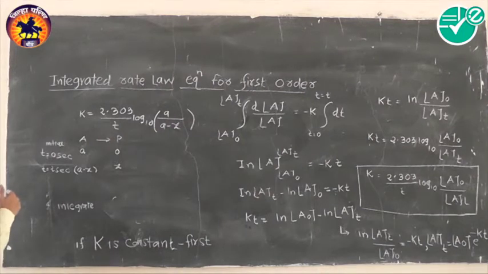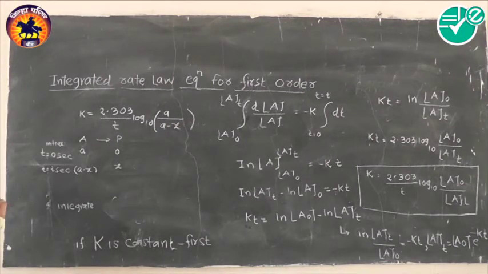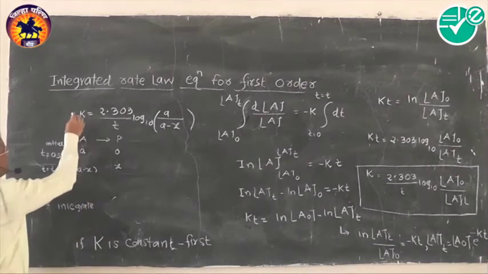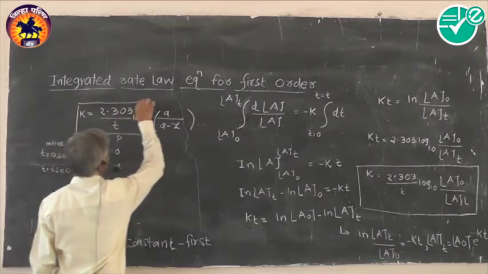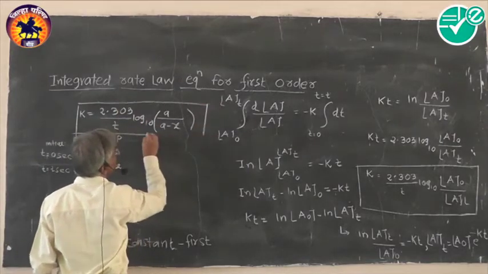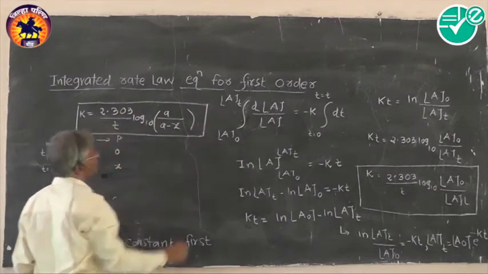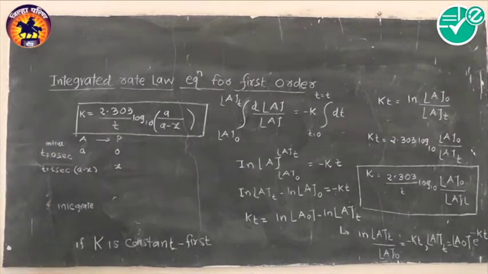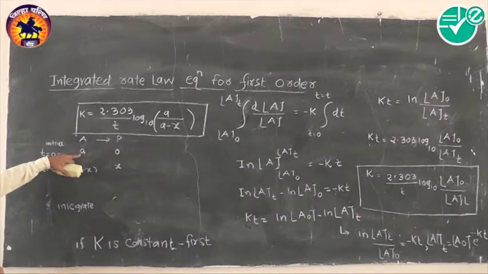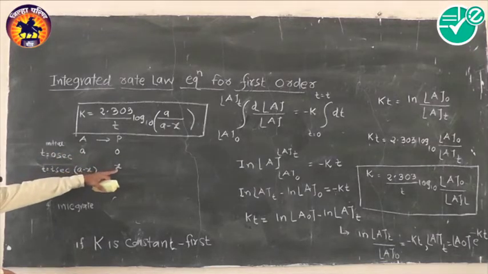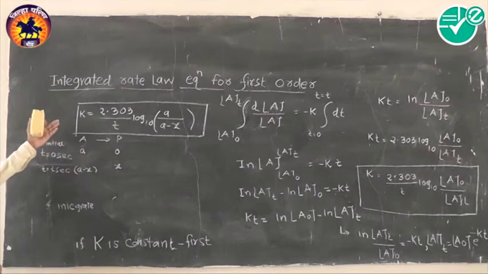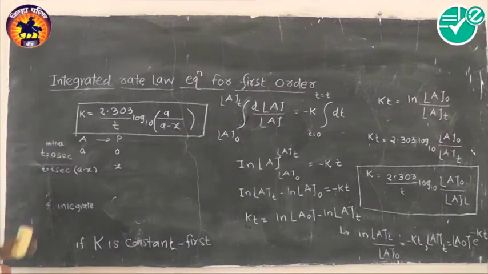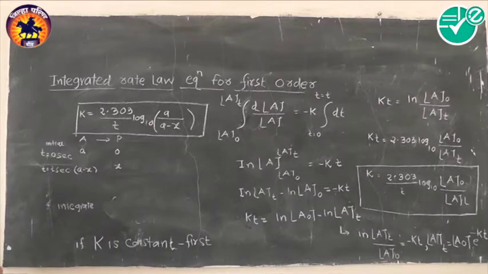This can also be one more form of the equation. I will write it here for the purpose of calculation. This form is generally used when we have the reactants in terms of amounts, say in grams. This much gram we have started with, and we have this much amount of the product obtained at a certain time. In that case, we can use this form of the equation.